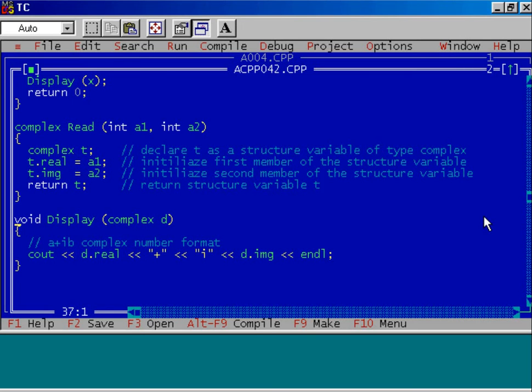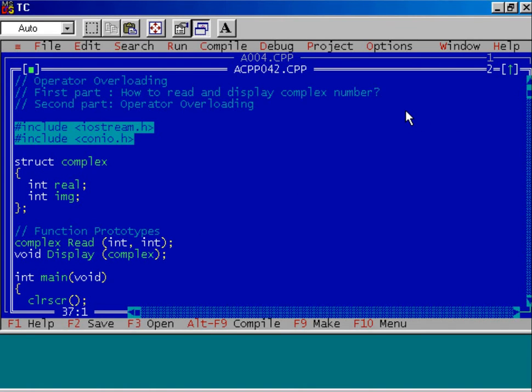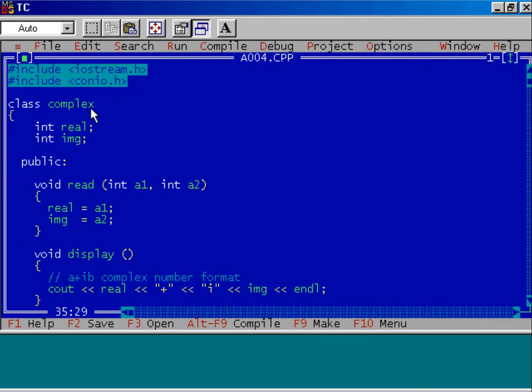Well, the same program I'm writing using objects and classes. Here complex is a class in which there are two data members, real and imaginary. Instead of writing the complete word imaginary, I have written img. Both these data members are integer type and they are by default private.